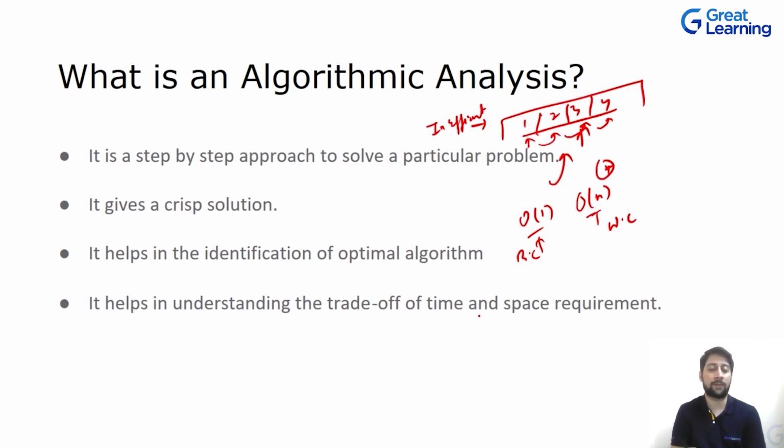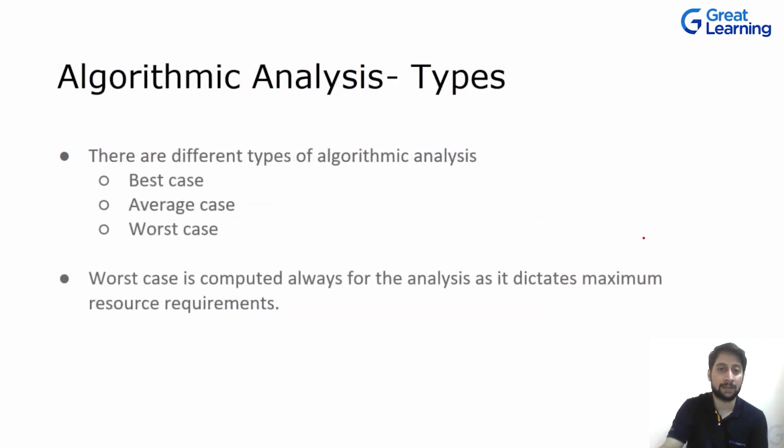And if you're trying to search for an element using a different approach, let's suppose you are using binary search, then obviously your time complexity will reduce. The best case will again remain big O of 1, but the worst case will reduce to big O of log n. Now, depending on certain parameters, you can define the best, worst, and average case of